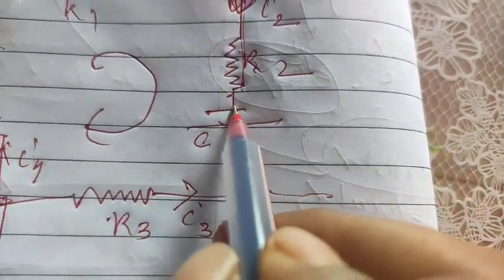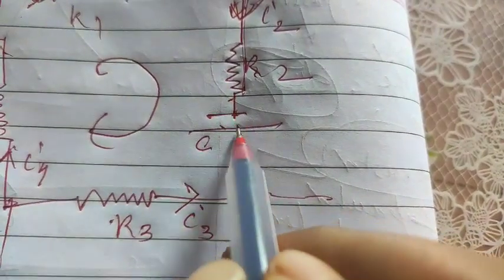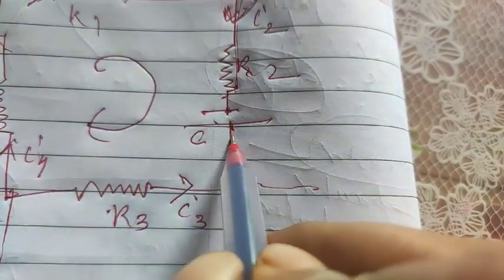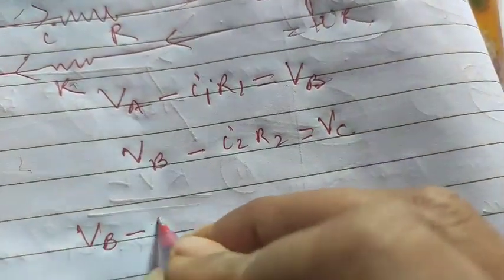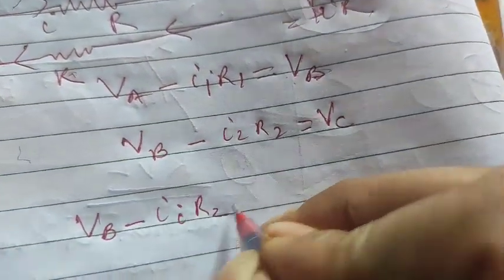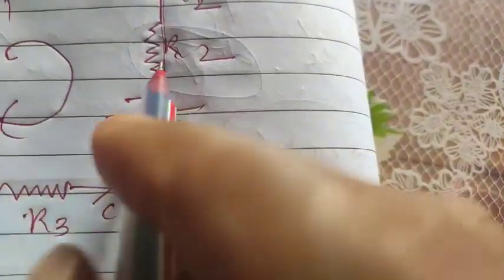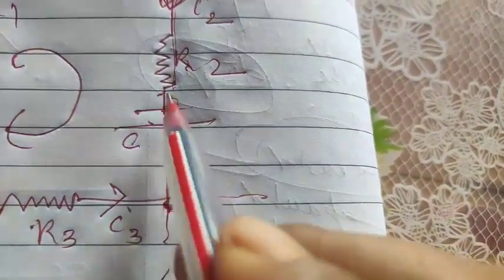Clear to you? Now here is the point, as you are moving from negative to positive, see, negative to positive, which you have to remember. Now suppose I will take from B directly to D. Instead of taking BC, I will take B to D. You see, what will be there? VB minus I2 R2 plus E1. Why? See, because it starts from negative to positive. It is going from negative to positive. So plus E1 is equal to VD.